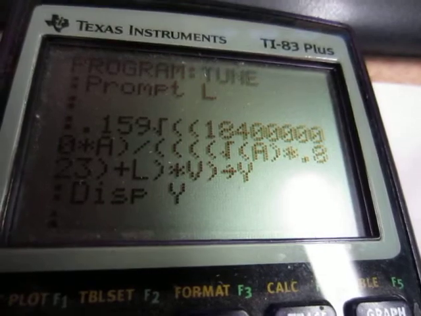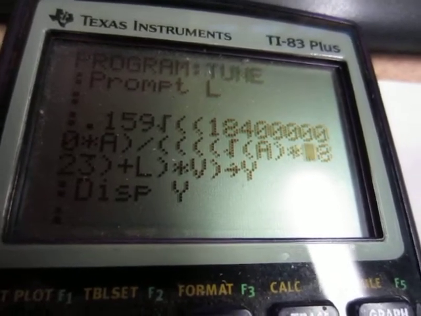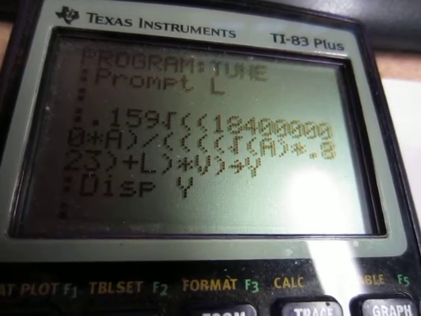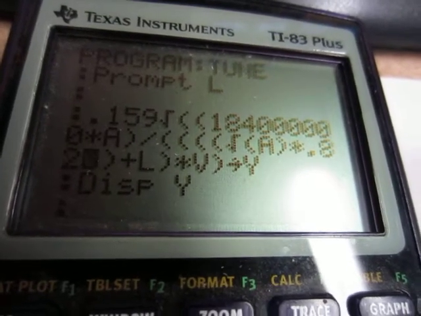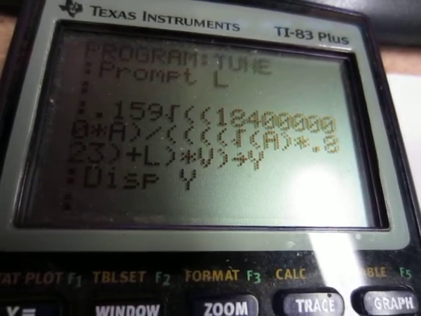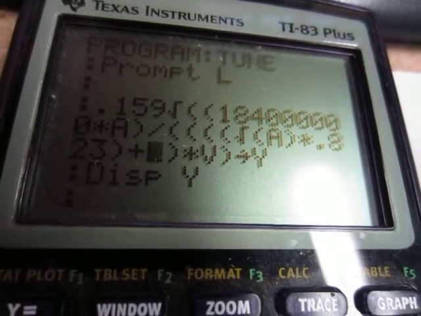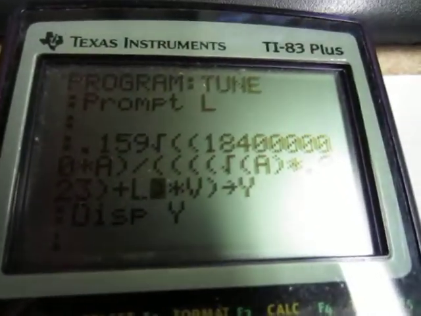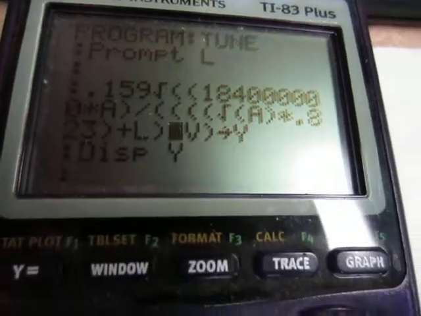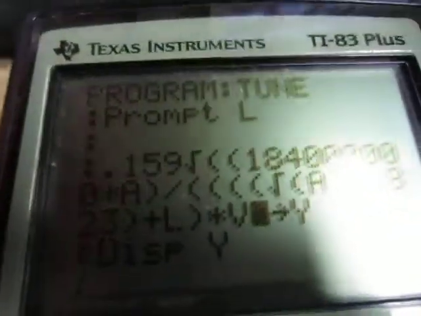Then, as I said, the multiplication symbol there, followed by a 0.823, followed by an open parenthesis, and plus L, which again, alpha, and where the heck is L? Yep, here in parentheses, under alpha will be L, and go to another multiplication symbol, followed by V, which will be your number 6 here, and followed by another